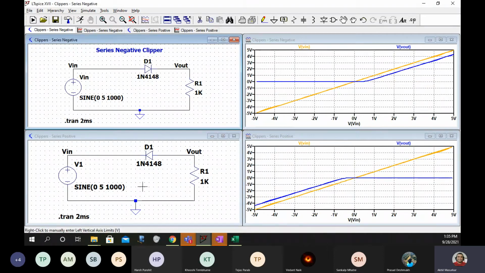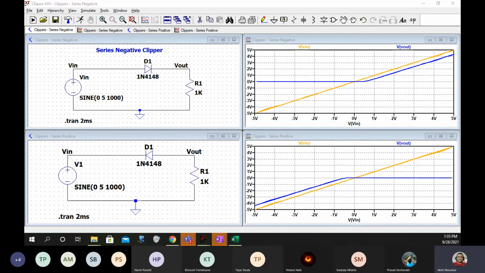Negative clipper circuit and waveform, but this time the waveform is not a waveform actually. When we say waveform, we are actually plotting something with respect to time. A plot will have simply x and y. But generally, if that x is time, then we call that plot a waveform. So now you will plot this in the output.